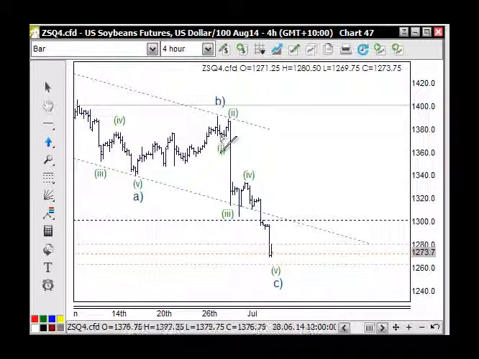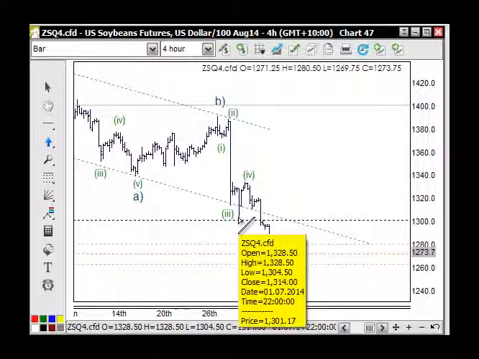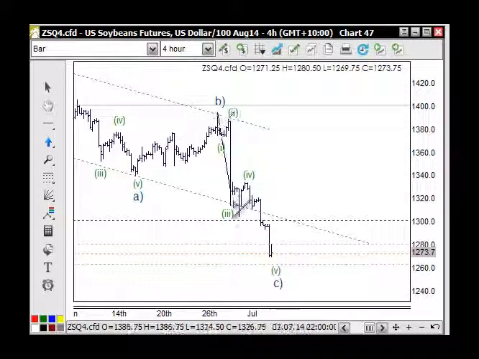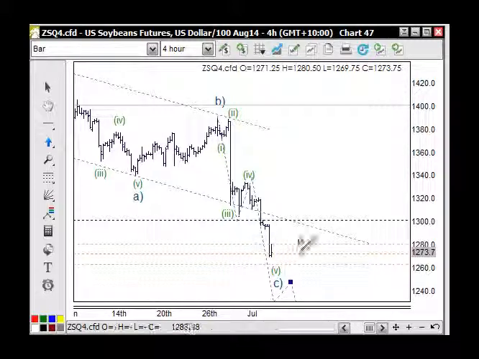I can see that this here can be 1, 2, 3, 4, and 5 into here. I don't think that's the case, but we do need to consider it as wave 1. Back for wave 2, this would be wave 3, 4, and then 5 all the way down through there. We need to consider that, but normally what we would see is the market work itself through the 1300 here,